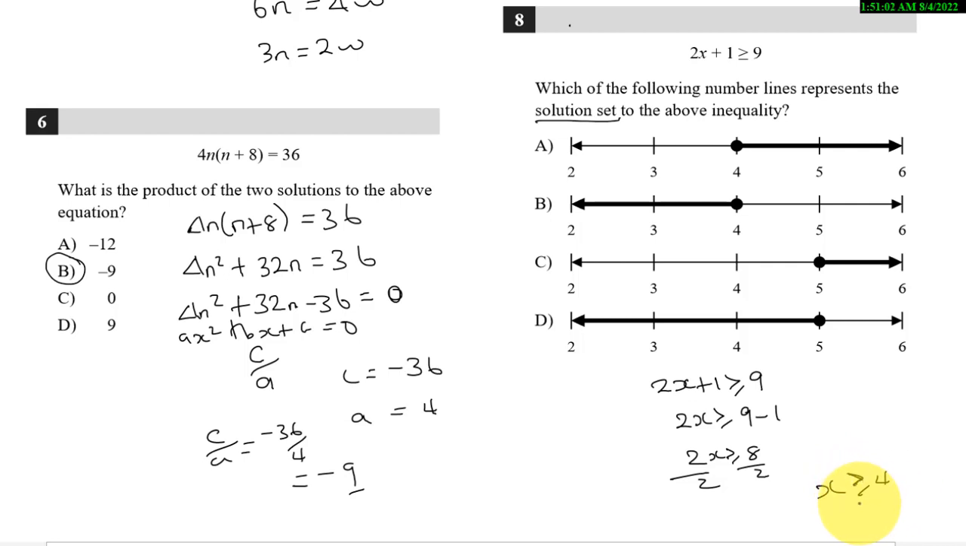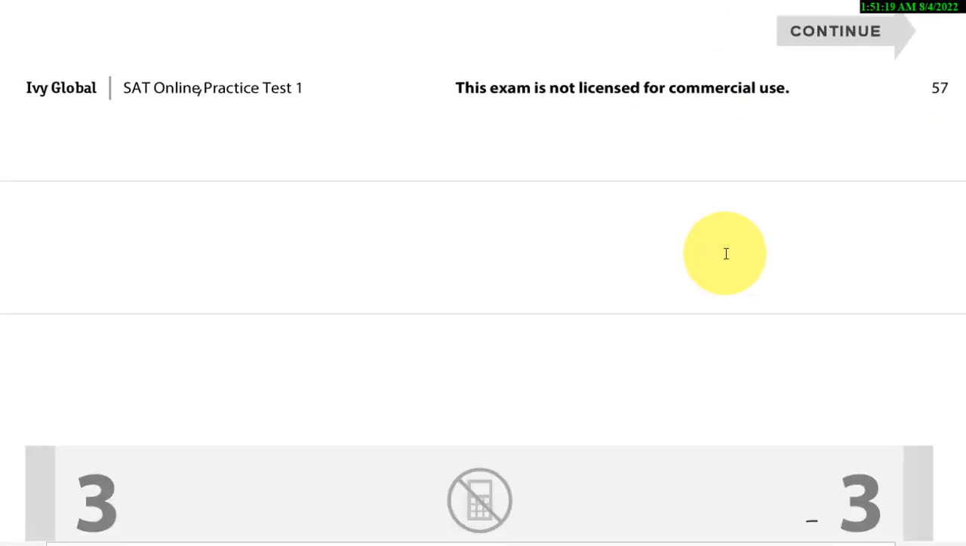So the solution set includes 4 and all values greater than 4. And according to the diagrams we see here, the answer is going to be A, since A begins from 4 and it heads onwards. So number 9,